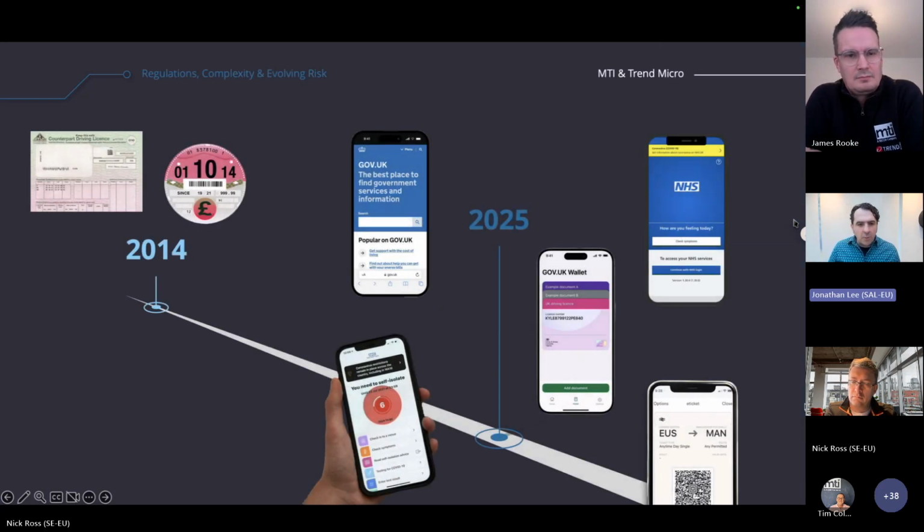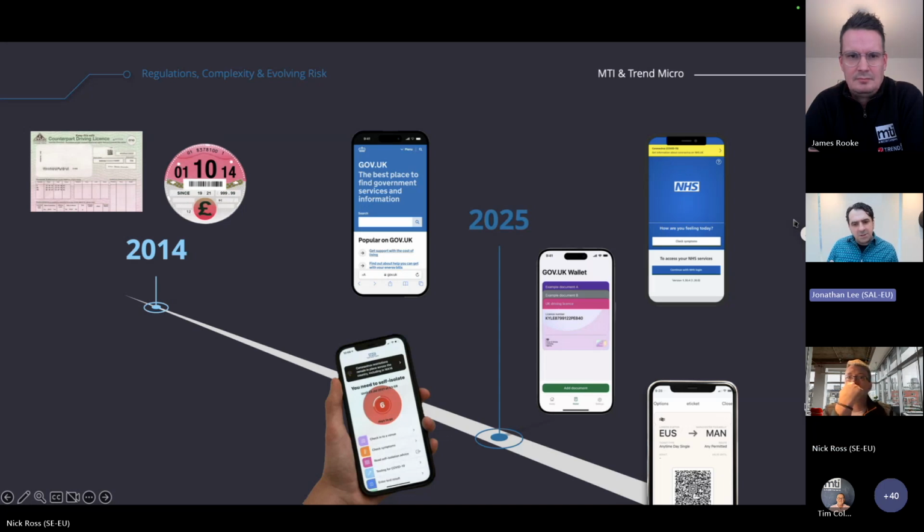If you think about where we are now from a digitalization journey, we've come a long way in the last 10 years, but I realise we're now in 2025. In 2014, for those of you old enough to remember, the paper tax disc that you used to get from your local post office was phased out. That seems amazing now when you think about how we interact with public services digitally, whether it be the gov.uk website where we can do all manner of things around tax and benefits. During the pandemic, we had the amazing Test and Trace app to try to stop the spread of an infectious disease. Who'd have thought that would have been possible 10, 11 years ago?